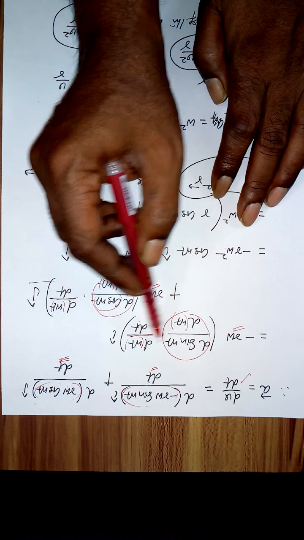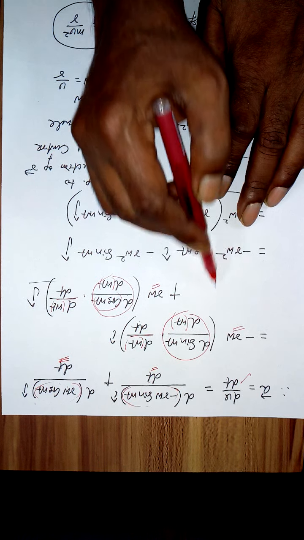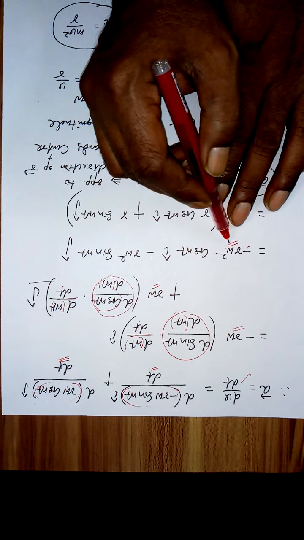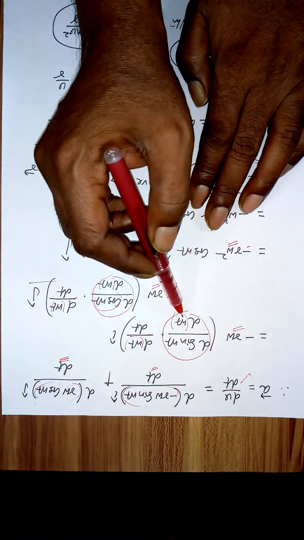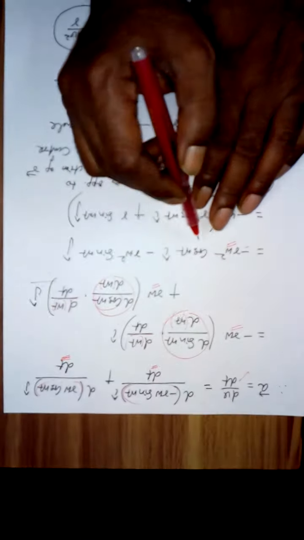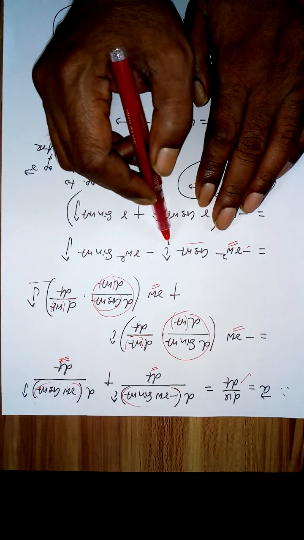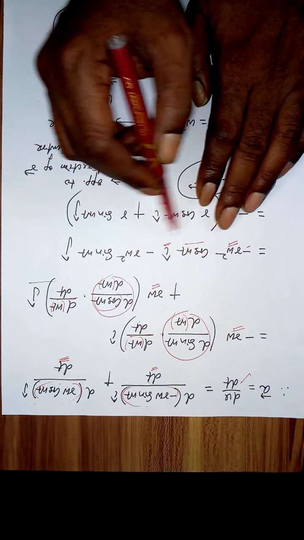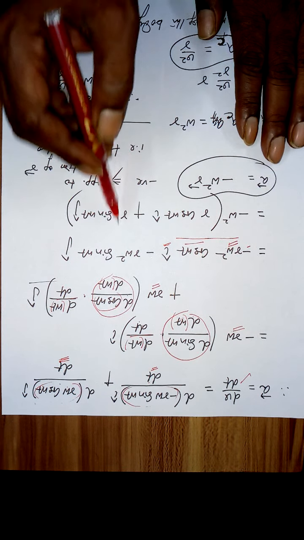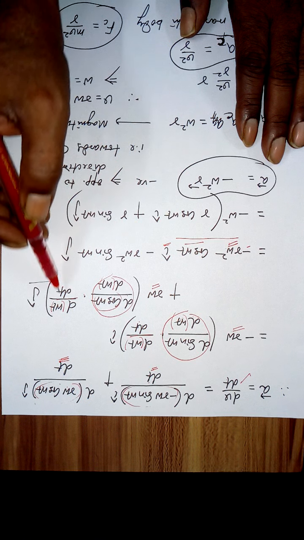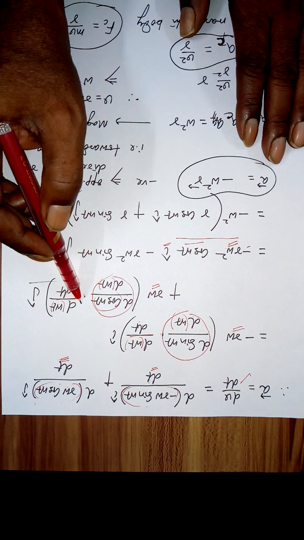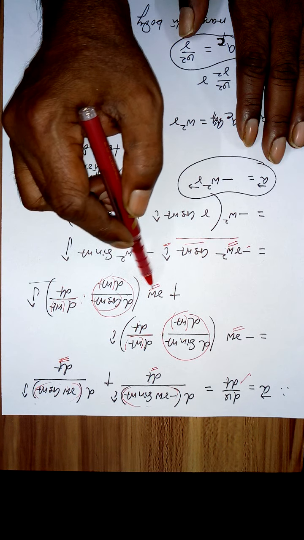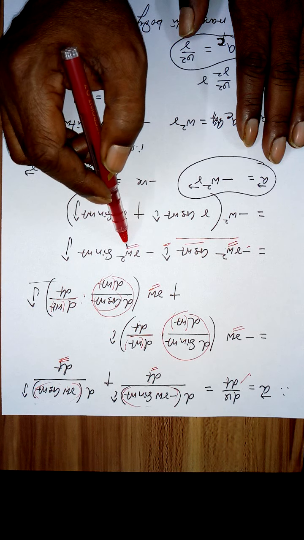Now this omega is a constant taken out with this omega, so it becomes r omega square, minus r omega square. Now derivative of sin omega t with respect to d omega t is cos omega t, i cap. This omega was taken out, dt by dt is 1, so I am left with this. Similarly here, this omega is a constant taken out, dt by dt is 1, that omega is written with this omega, so becomes r omega square.